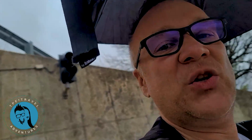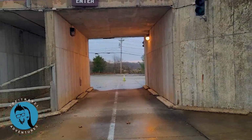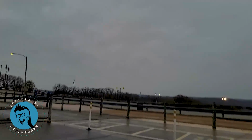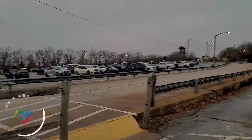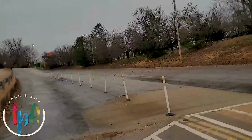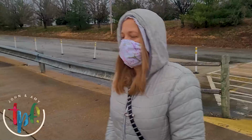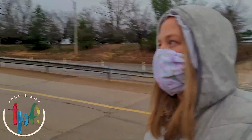All right, it's raining today, so I have just my phone. So it might be a little bouncy every now and then, but basically you come through this walkway, and that direction is Silver Dollar City. So instead of going way out there and riding a tram in, you walk here, you park here, and then you can just walk right there. And I don't know that that lot has ever been full this season. Maybe one time has it been full. But usually you can find a spot in there and it's a nice, easy walk, and we never have to